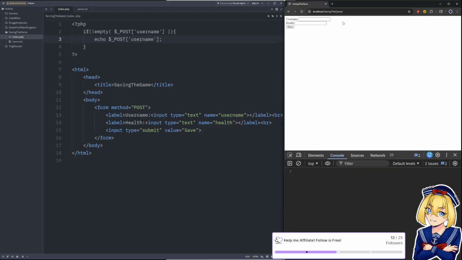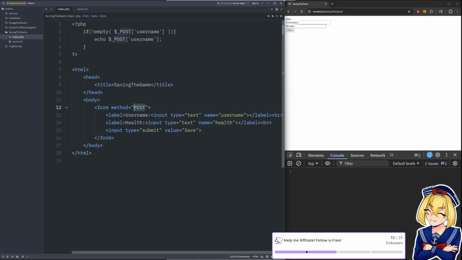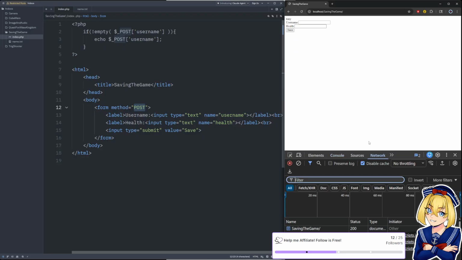Let's go back to here. Okay, so we have no values in the URL. We have nothing being printed on the page. So we know that there's no variables being set, right? So what if I said Tony and he has a health of 7, and then I save it? Well, we see Tony, but Tony's not in the URL. So how did it get this, right? Well, post is sort of a hidden submission, and we can see it if we go look at our network. If we go to saving the game, we look at our,